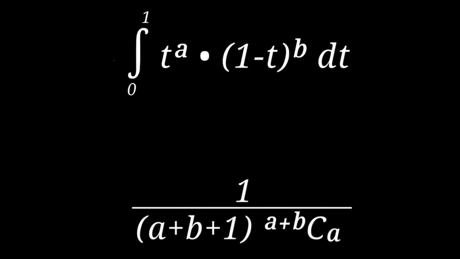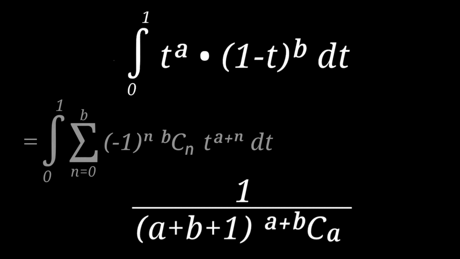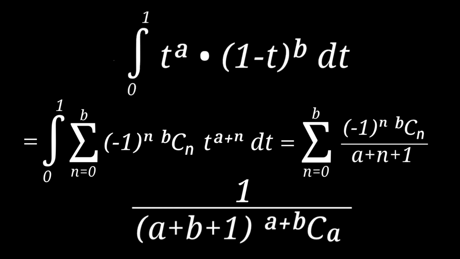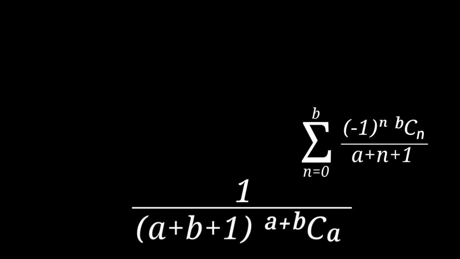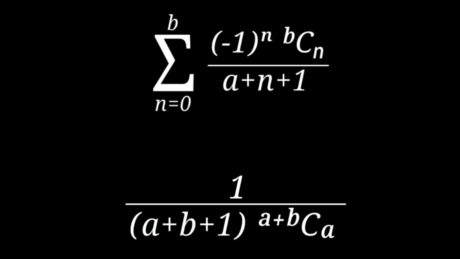So if you don't know what the beta function is or the gamma function, or for that matter even if you don't know what integration is, you can still understand this video as long as you know what the binomial coefficients are. Looking at the integral representation for the beta function, you may notice that we can actually expand the 1 minus t to the power b in terms of the binomial coefficients, and then all the integration reduces to simply the power rule and we get the summation. Looking at how we got to the summation representation, it's pretty clear how we can reverse all the steps and go to the binomial coefficient representation of the beta function.